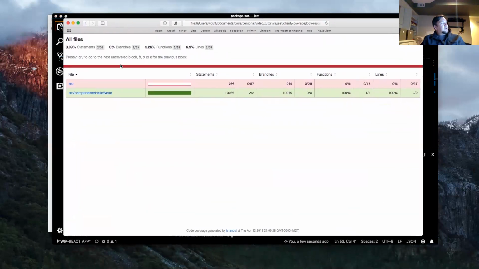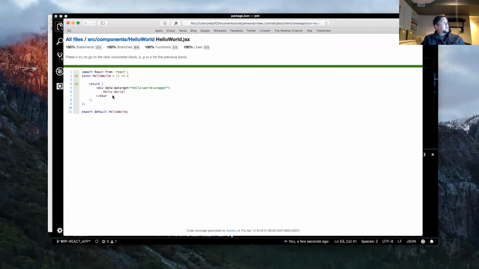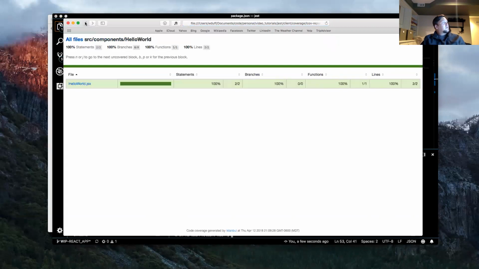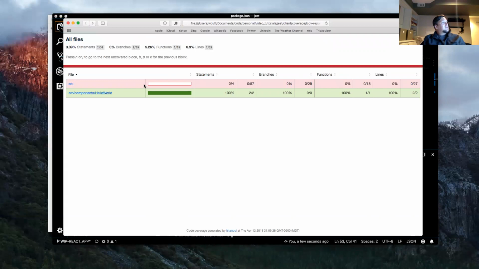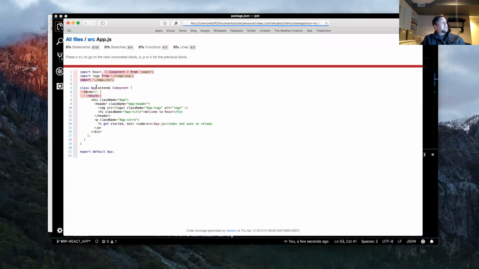So check this out. Here's our Hello World component, and we can see that it's 100%, 2 of 2, branches 100%. This is all 100% green. We're all covered. Well, let's look at this. Here's source. Looks like there's 57 items in here. Branches 0%, nothing's covered inside source. So let's look at app.js. Well, look, here are the things that are in red that are not covered in our